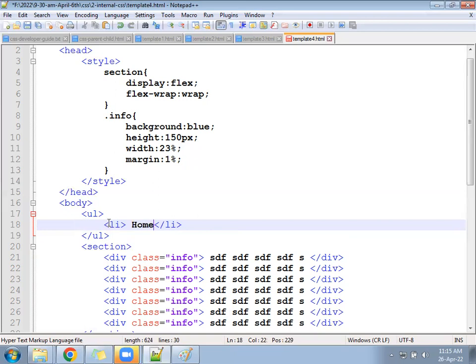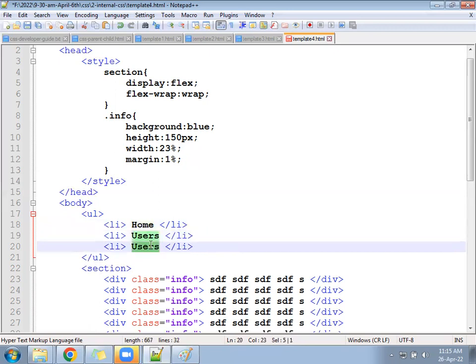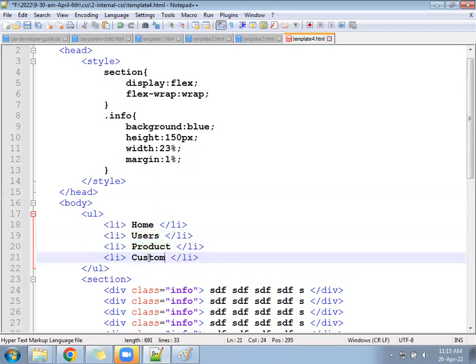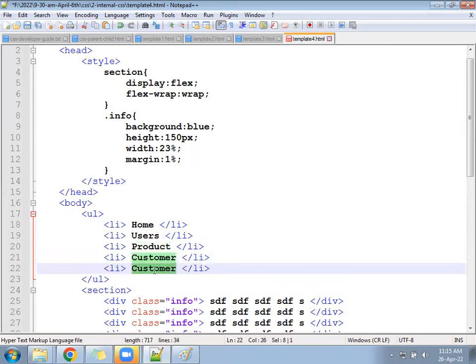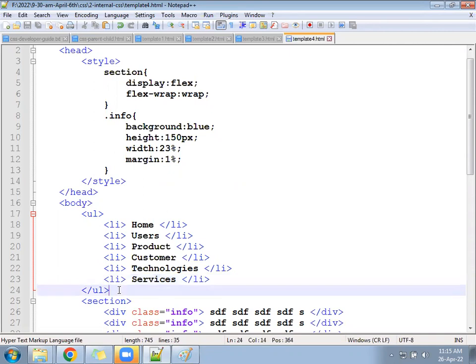Keep home, users, product, customer, technologies, and then services. Okay, next after that,